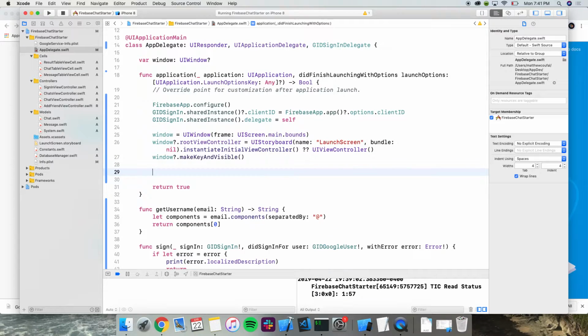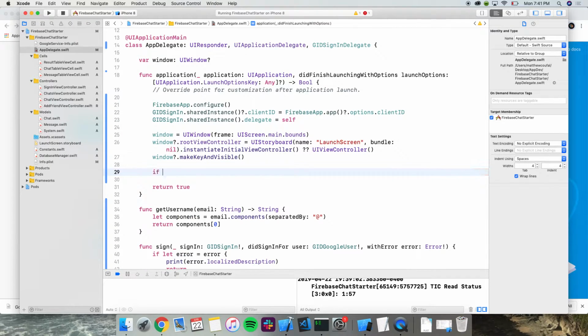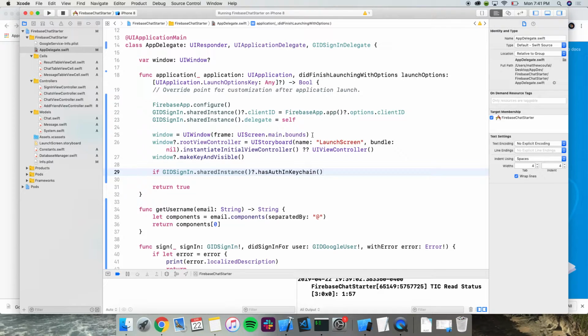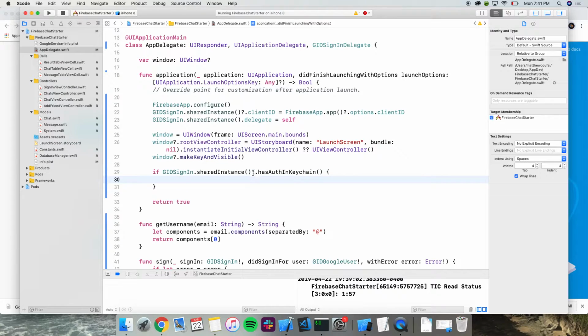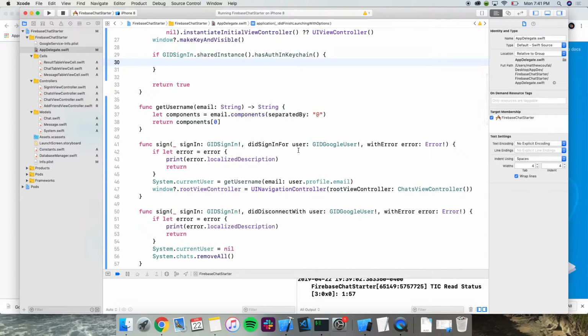But we actually have to check to see if the user's already signed in. If you noticed above, we have that shared instance of GIDSignIn. So we need to check that. This method actually checks to see if there's a user signed in. This is not optional. I don't know why it's saying that. So if we're already signed in, we just want to go to our app, right? So the way we can do that is